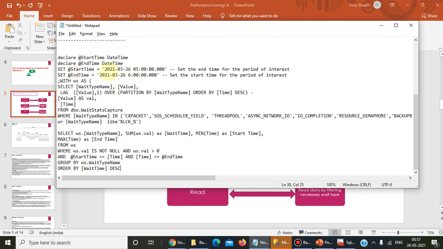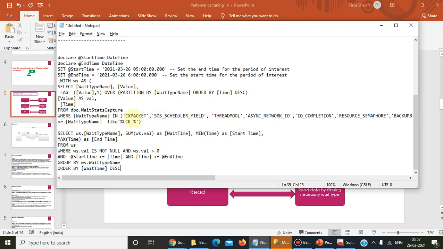We will set that start time and end time. We also filter the necessary wait types which need to be analyzed. Basically, I already mentioned all the wait types which are very important for any DBA.